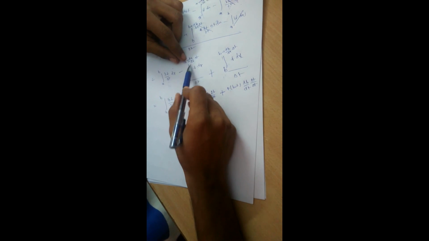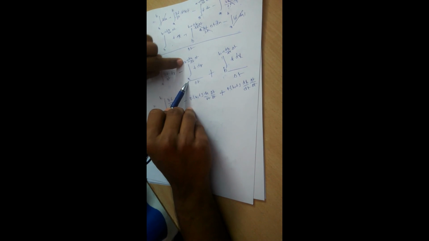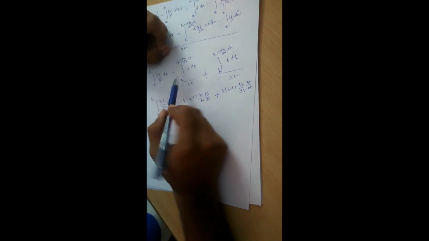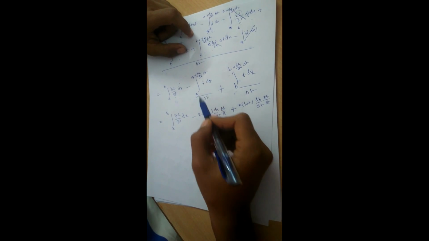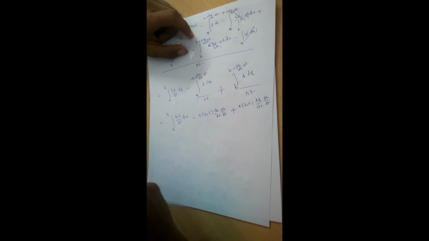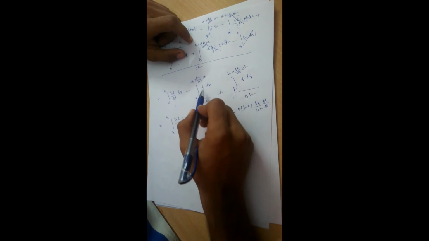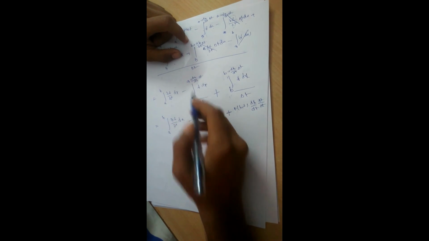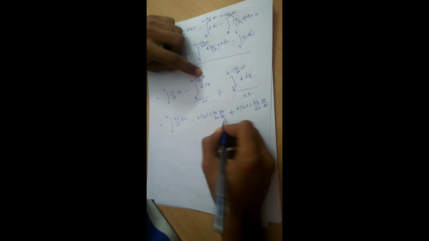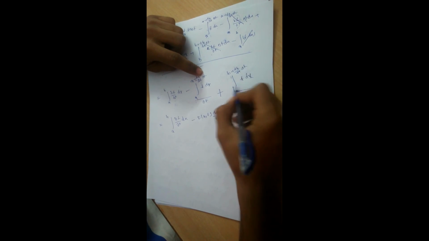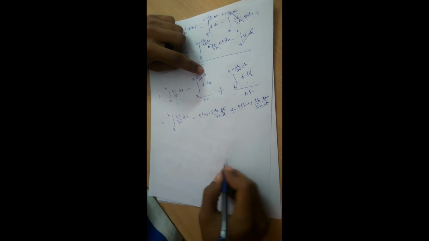If you observe, this integration is in a small limit from a to a plus dA by dt delta t. So let's assume that f is constant in this area, and the value of f is f of a comma t. We are integrating it in the limit a to a plus dA by dt, so we can directly write dA by dt into delta t, and the other delta t, and similarly for the third term, delta t and delta t get cancelled.